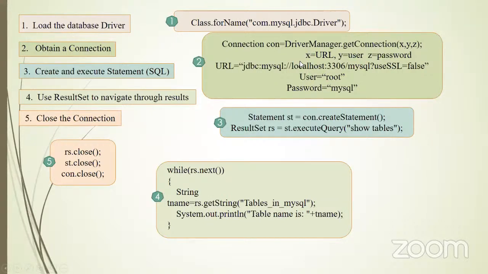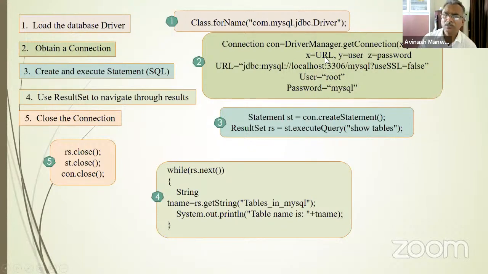Your first parameter is the URL. That means you have to specify the URL of your database server. It is not necessarily the same system on which you are writing your program; your database may be on a different system in a network, or it may be in a different city or even a different country. So wherever that database is, you need to connect to it through the URL. The syntax of that URL is